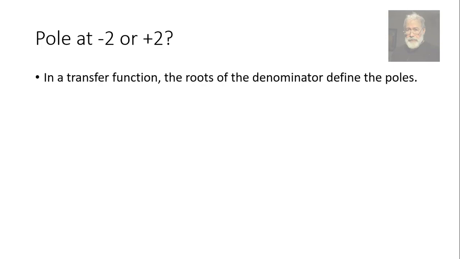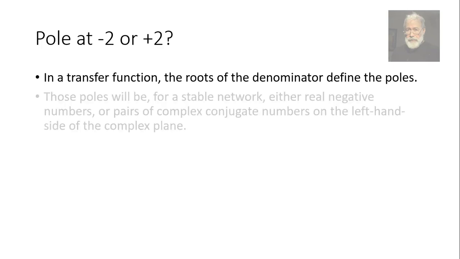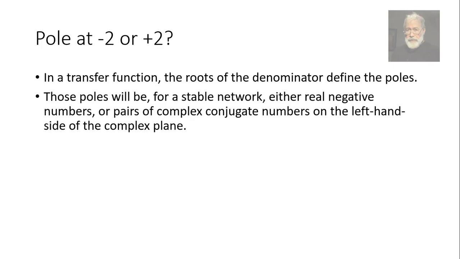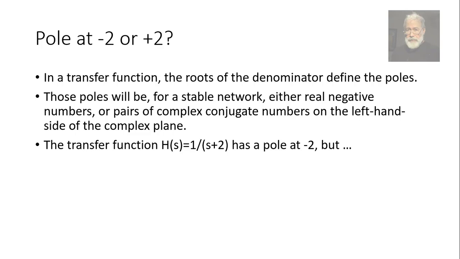In a transfer function, the roots of the denominator define the poles. Those poles will be, for a stable network, either real negative numbers or pairs of complex conjugate numbers on the left-hand side of the complex plane. We know that. The transfer function 1 over s plus 2 has a pole at -2, but that will create